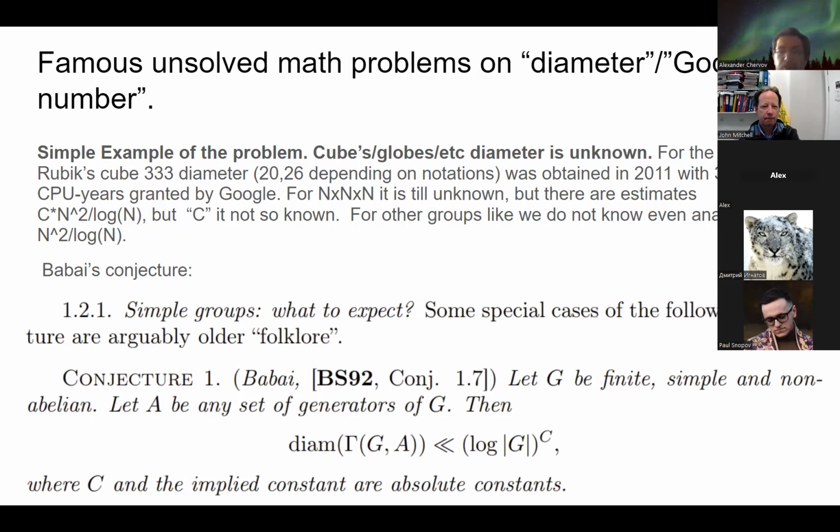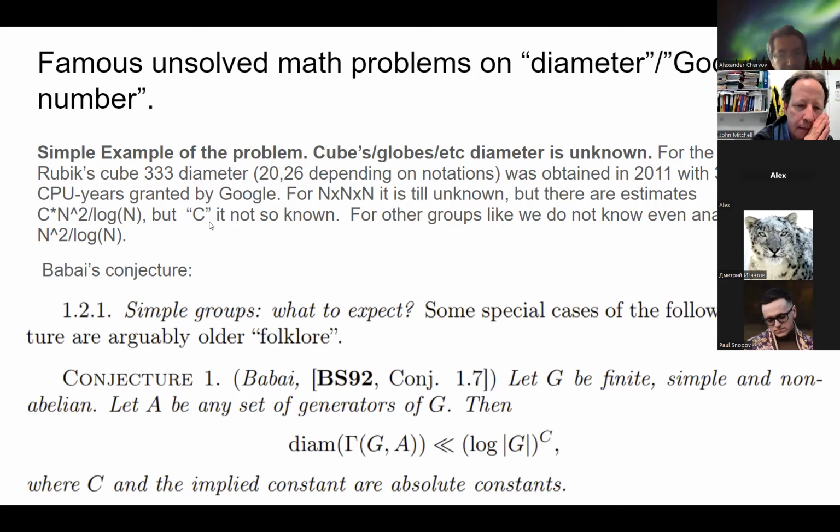And in mathematics, there are many conjectures about this which are still unsolved. And even geniuses like Terry Tao are working on them. To give a short example, for the Rubik's cube, for 3 by 3, this number is known. But for 4 by 4, it's already unknown. So mathematics is not that developed to easily solve this task. Also, for the cubic case, there are quite good estimates of the diameter, n squared divided by log n. But still, this constant is not sharply known.